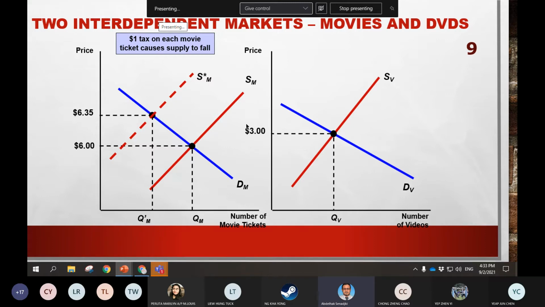Let's say popcorn is $3. So when less people go to theater, the demand will shift down, right? Will decrease because less people will buy popcorn, and therefore here the price will be somewhere here. Okay, now